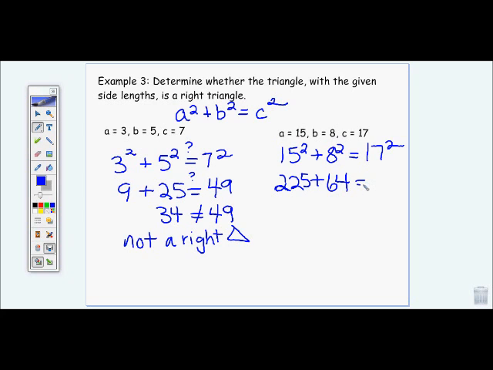And 17 squared happens to be 289. When I add 225 and 64, it does, in fact, equal 289. So the measurements of 15 and 8 and 17 do create a right triangle. This one would make